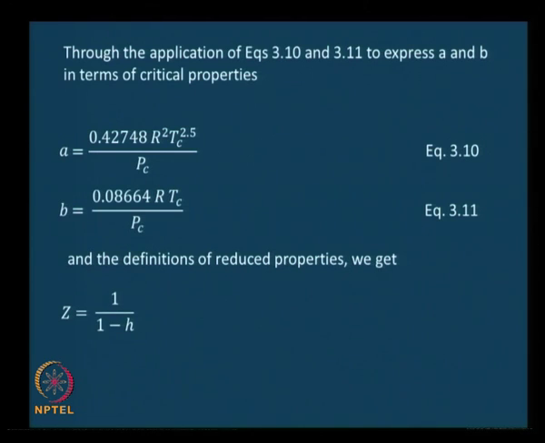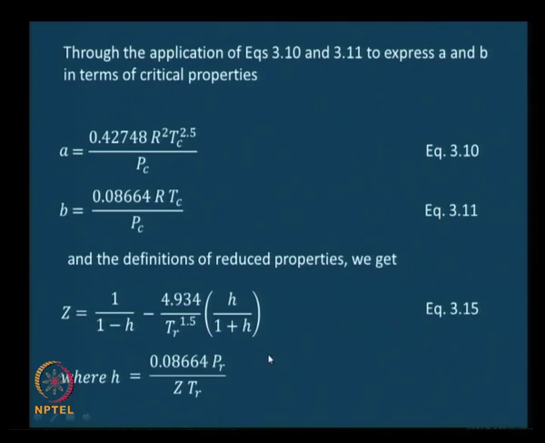We will get Z equals 1 by 1 minus H minus, you combine all those constants together, you get 4.934 divided by TR power 1.5 into H by 1 plus H. We will call this equation 315,